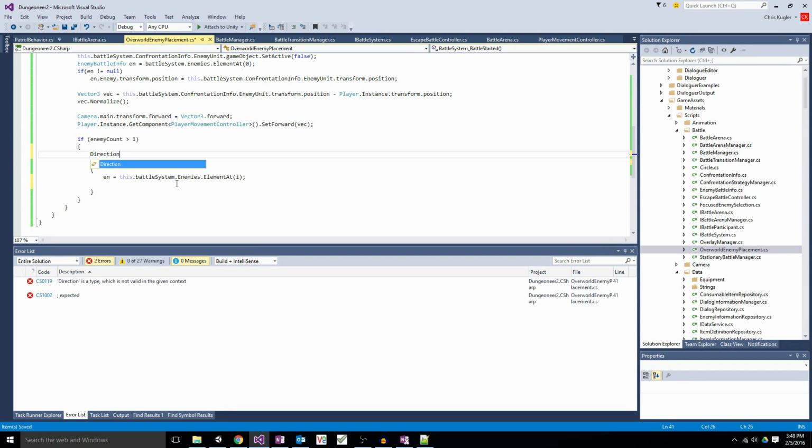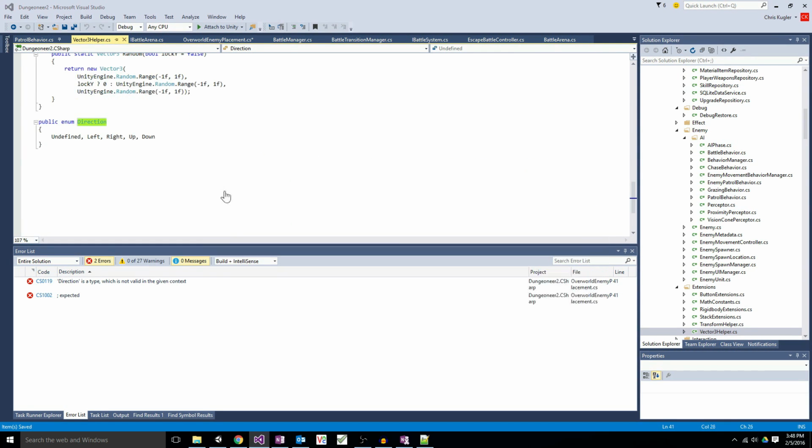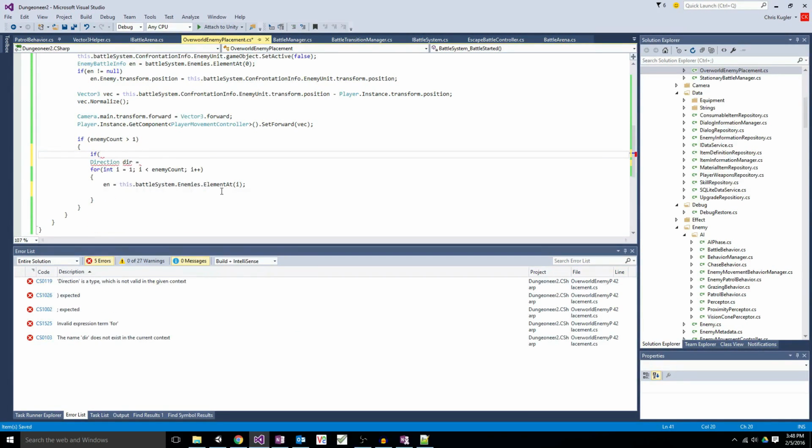Don't I have a direction enumeration of some sort? Left, right, up, down, yeah. And that's in my Vector3 helper? Yes. Alright, so direction. I should add a forward and backwards to that as well. So direction is going to equal, we need to do a Physics.Raycast. So if Physics